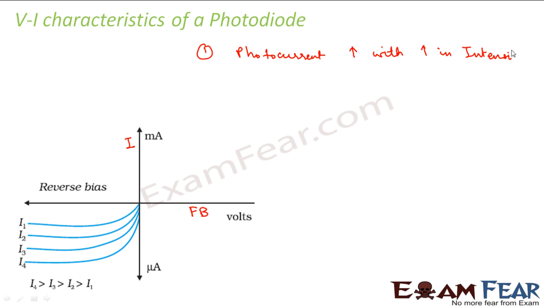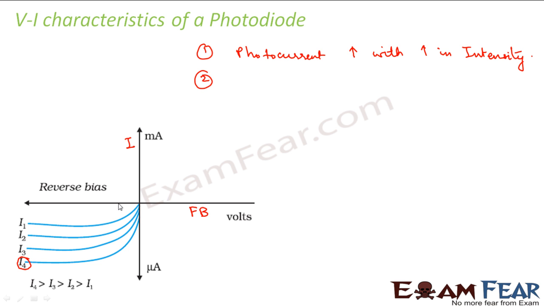You remember when we studied the lesson on photoelectric effect, I told that the current emitted always depends upon the intensity of incident radiation, right? So the same concept is true here. The current here also is dependent on the intensity. Here you see I4 is greater than I3. So that means as the intensity increases, the amount of saturation current also increases, or the amount of current increases at each point. So photocurrent increases with increase in intensity.